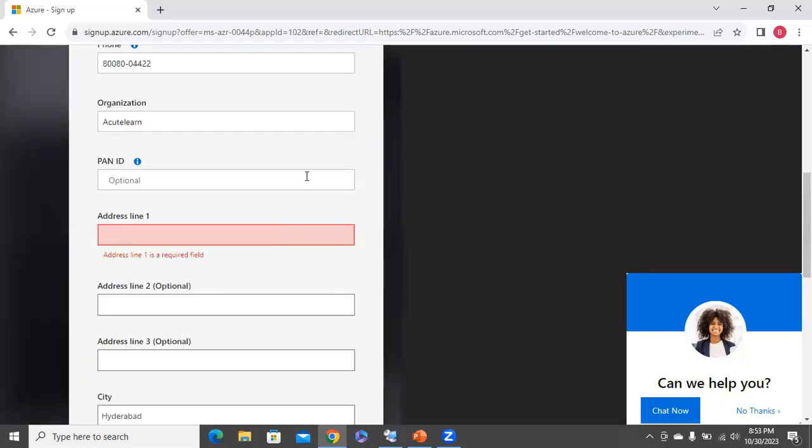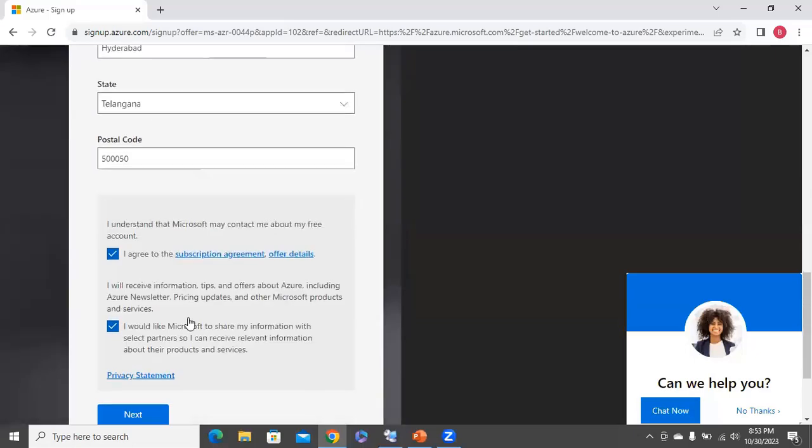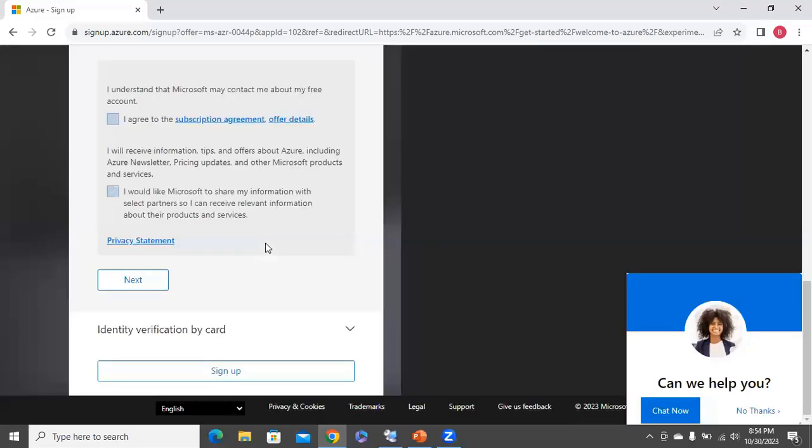So next, once you enter your personal details and validate the email ID and mobile number, the next step will be